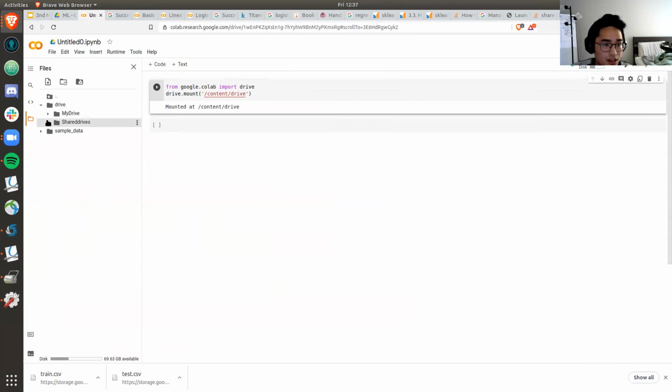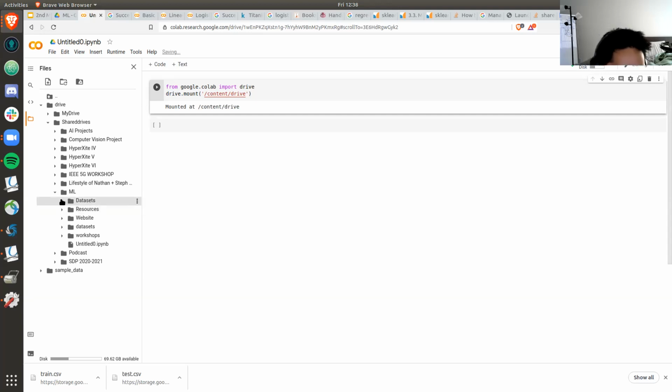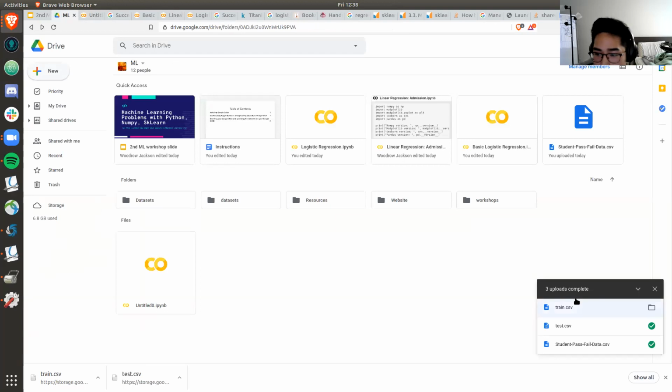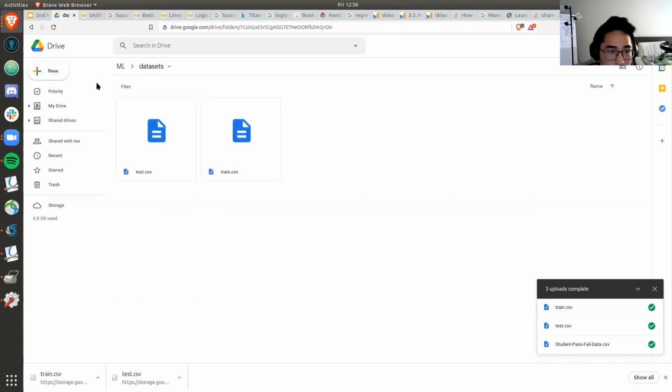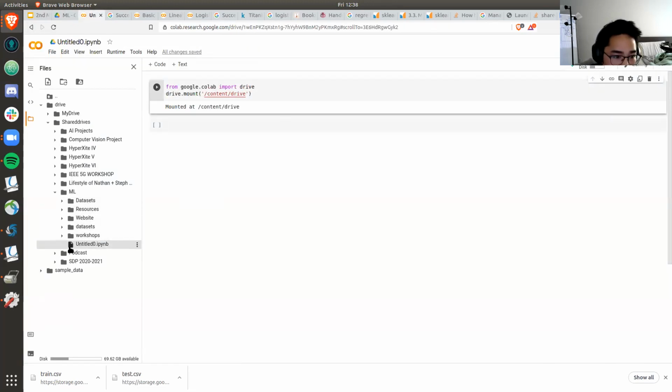So now I go to the datasets folder that I created. For you guys, it may be somewhere different, but here I created a datasets folder. Oh wait, it's still downloading. Okay, it's finished. Oh wait, this is the wrong one. Oh, it's in here. I go to my datasets folder,